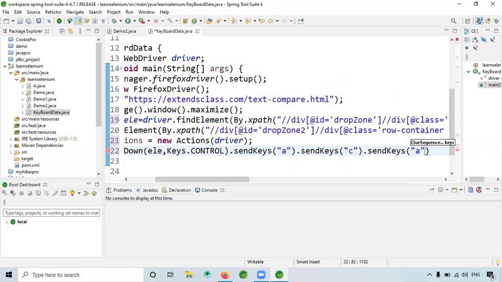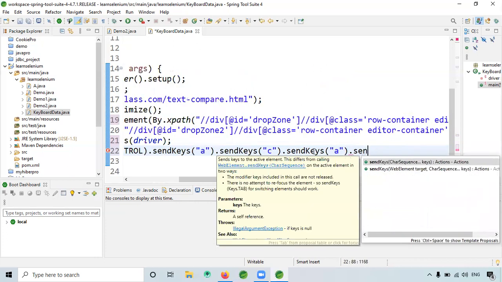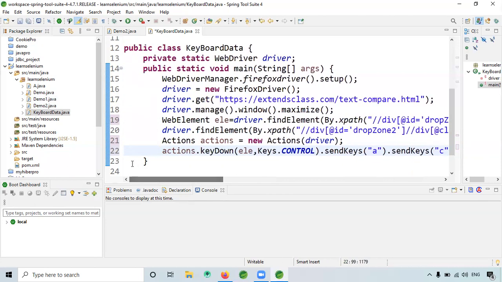Again Control A, dot sendKeys Control V. In between, A is not needed, right?